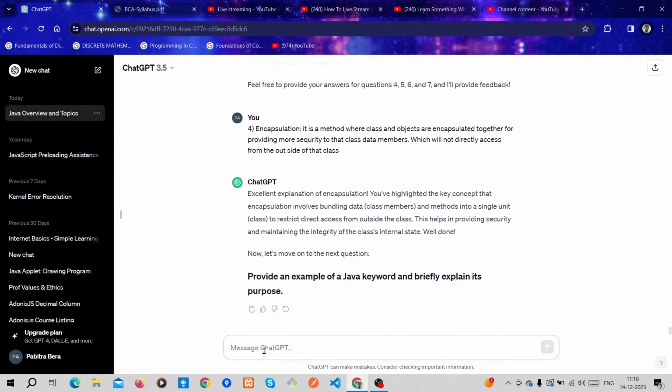Its answer is, many keywords are there, so we take if. If is a Java reserved keyword, and